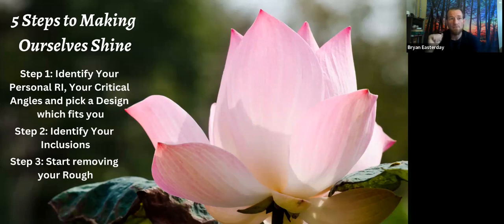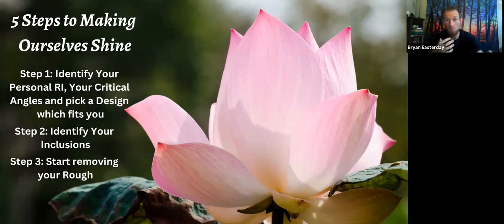So what are 5 steps to making ourselves shine? Well, step number 1, we have to identify what our RI is. We have to identify our critical angles, and then we have to pick a design which fits us. When you're cutting a gemstone, there are lots of different faceting designs out there, which are different patterns that you can cut the stone in. There are round brilliants, there are emerald cuts, there are rose cuts, all sorts of different styles of cuts. So every stone having its own personal RI and its own critical angles, certain designs will work with that stone